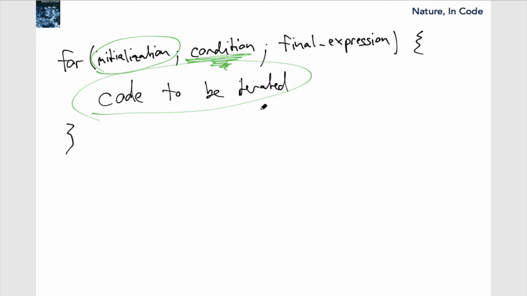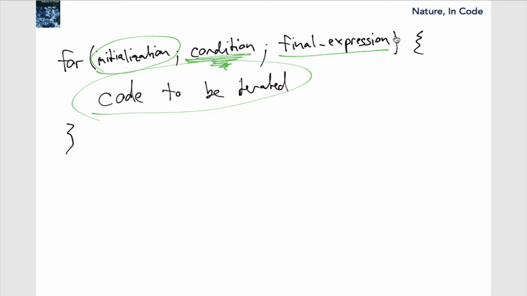After each iteration, this thing here, this final expression, is executed. Okay, so that's how it works. So this is the initialization. Then as long as the condition is met, this code here is iterated, and after each iteration, this final expression is executed. So how does this work in reality?